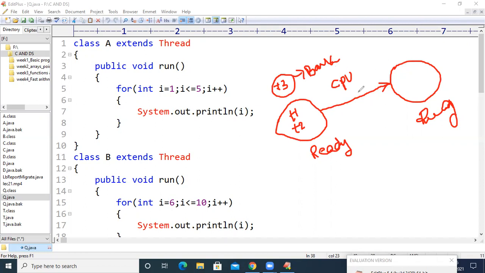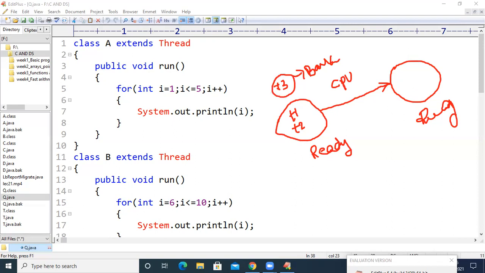Now there are three threads in the ready state: T1, T2, and T3, where T1 and T2 are front end and T3 is back end. The CPU is going to schedule only for T1 and T2.